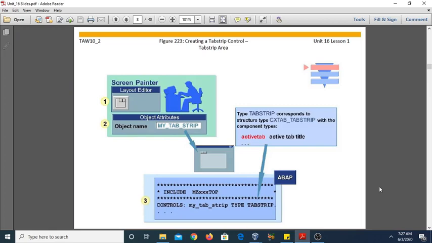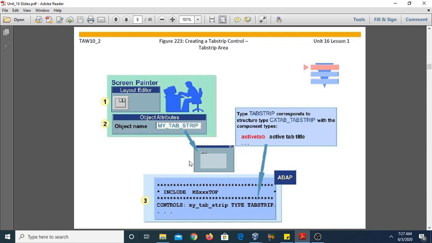So the next topic is creating a tab strip control, the tab strip area. This again shows you the number of steps for how we can create the tab strip control onto the main screen. Step number 1, the first one, is to create the tab strip area in the layout editor. Second, give the name to the tab strip area.